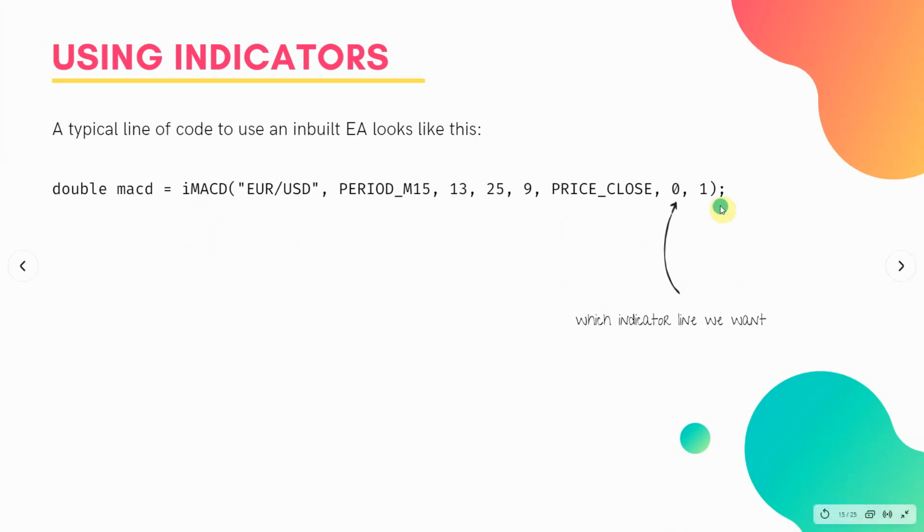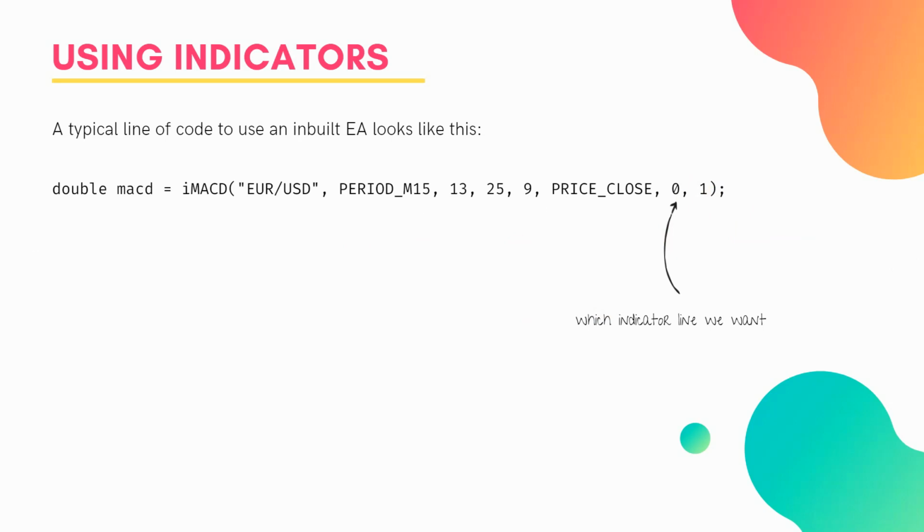And the last value on there, sorry, I haven't put 1 on here, but the last value I've put here, 0, is which bar we want. So 0 would be the current bar, but as you know, the current bar tends to move. The candle hasn't yet formed, and certainly the closing price has not yet formed. So if we use the 0 value, the current bar, it would change every tick. By using the last bar, we only get the close price that's stable and finished. So 0 would be the current price, so we go back to the last bar, 1, and then you can go further back by going 0, 1, 2, 3, 4, 5. We'll cover that in a bit more detail as we go through the course, but that's basically what you will see and how you can use a